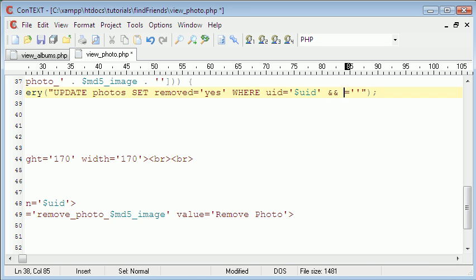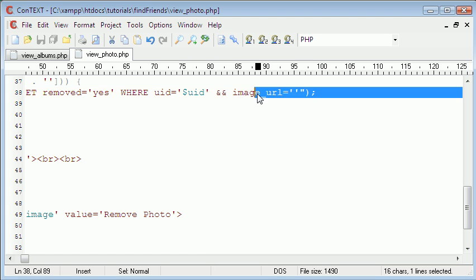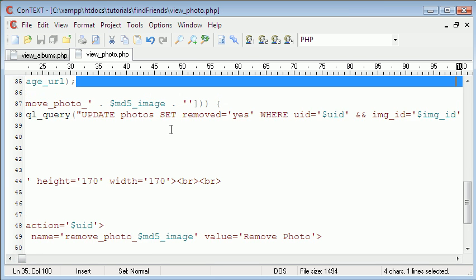Actually, we need to change that to and image URL equals, let's just say that won't work. So I just thought of an idea to make this more simple, so we can just say where image ID equals image ID. So now we can just go up here,